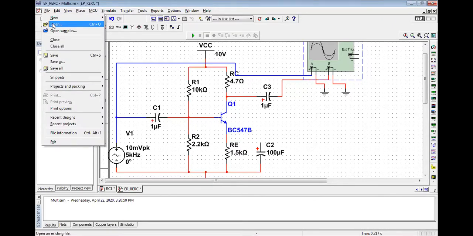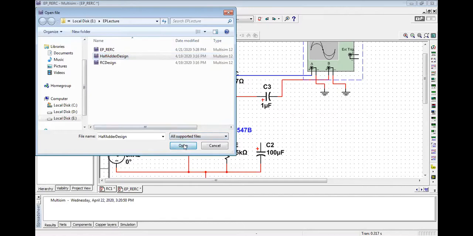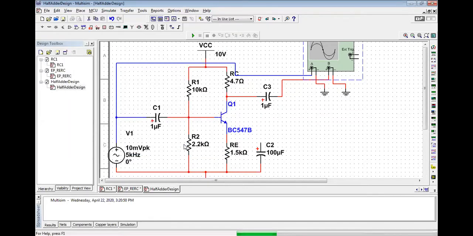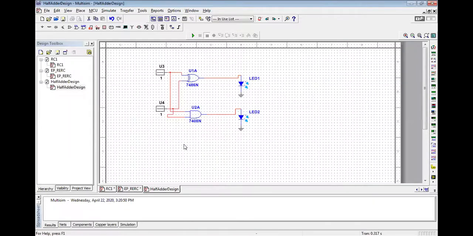I'm going to show you the half adder design. It will be very good for you to understand that we can also test the digital circuit on this Multisim platform. You can see this is the input one which we are giving from the supply. This is logic one that we are giving from the supply. This you can consider as your power supply, right? Two power supplies, power supply one and power supply two, both are giving logic one, logic one.